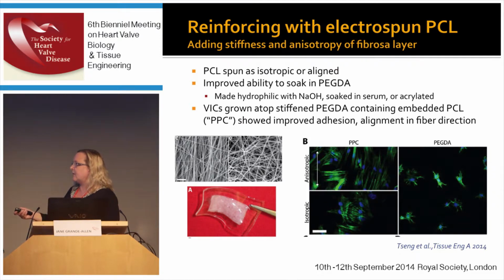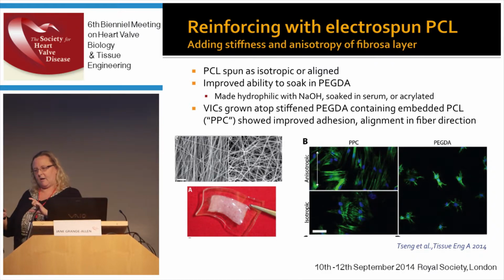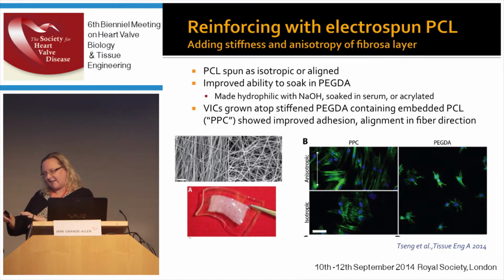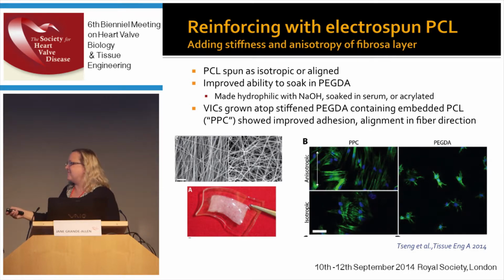And what we've done here is we created electrospun polycaprolactone, and then we modified the surface, because electrospun PCL is actually quite hard to get the hydrogel prepolymer solution to soak into. So we modified the surface to make it more hydrophilic so that the polymer would just wick in really nicely. And then we were able to grow valve cells on the surface